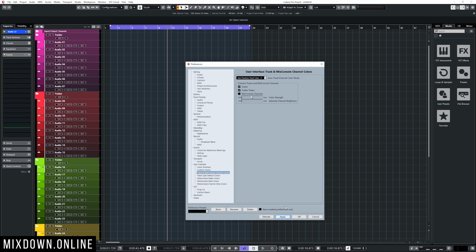And now we have that folder tracks feature where we can deactivate if we don't want our folders to be colorized, okay, with the channel's colors. That can be deactivated. So I'm going to keep it this way. I kind of like it when they're not colorized.